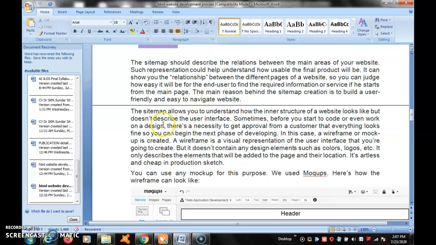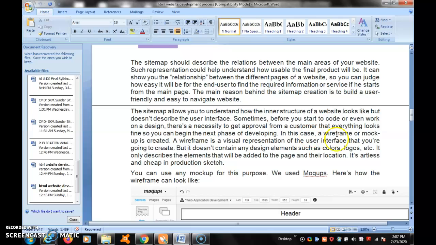It does not describe the user interface. Sometime before you start to code or even work on design, it's necessary to get approval from the customer that everything looks fine, so you can begin the next phase after developing.